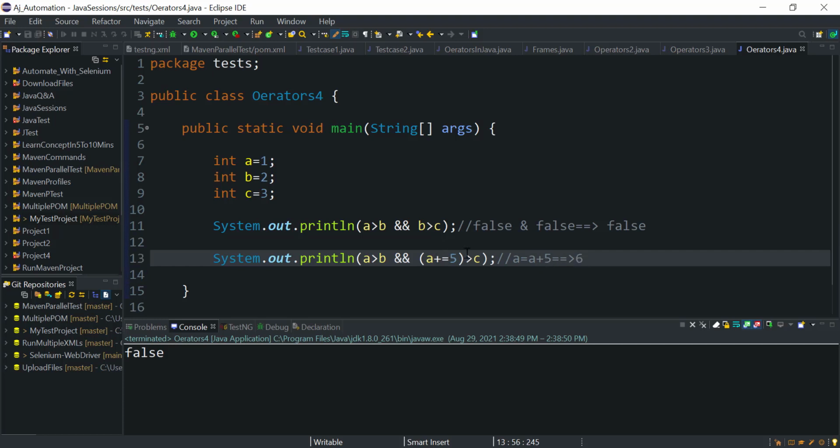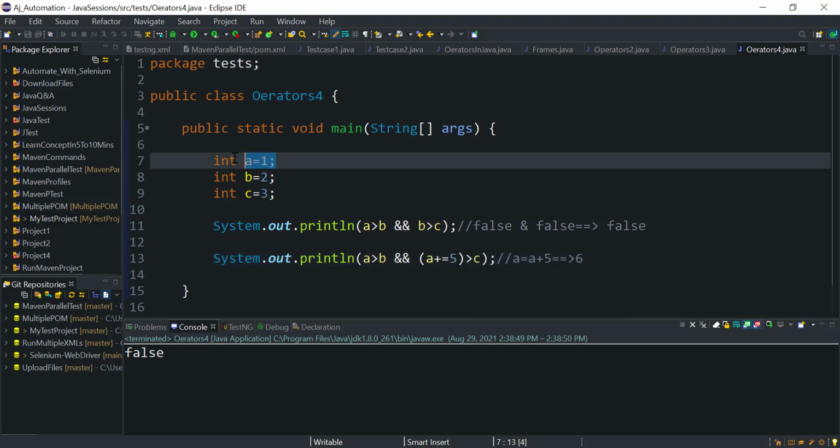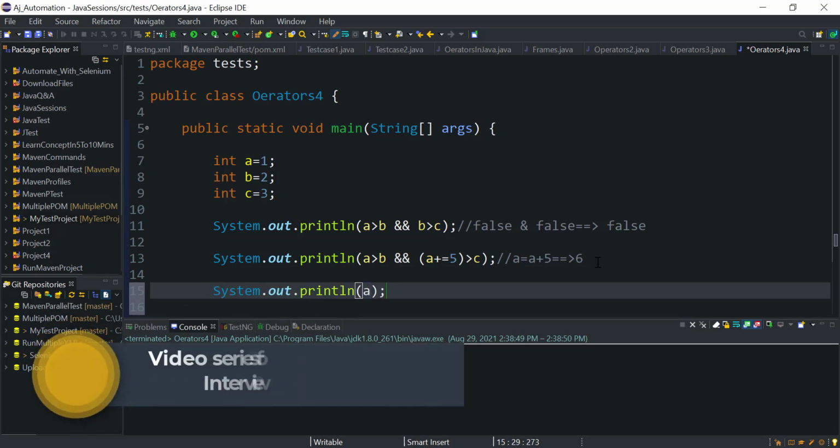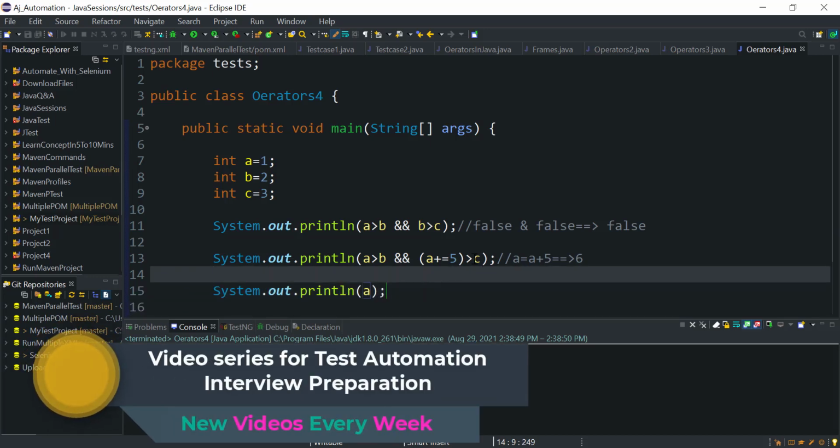And 6 is greater than 3, which is true, but we are looking at the logical AND, so it is not going to check the second condition. If we print the value of a, it should remain 1. So if I print the value of a here, we should get 1.